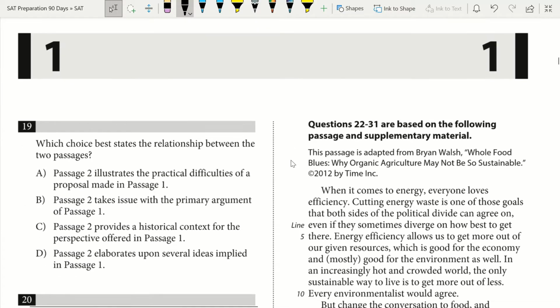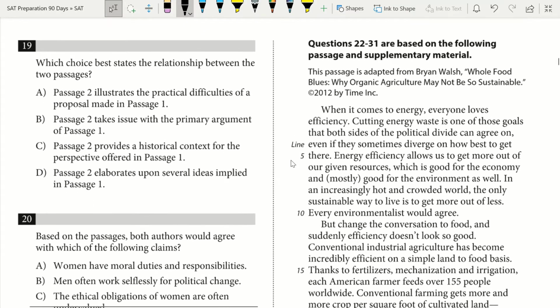All right, we've got question 19. Which choice best states the relationship between the two passages? Well, they're really contrasting passages, right? They're combating each other. So we're really looking for an answer choice here that's talking about how the two are combating each other, right? If we think about passage 2, passage 2 is taking issue with that primary argument